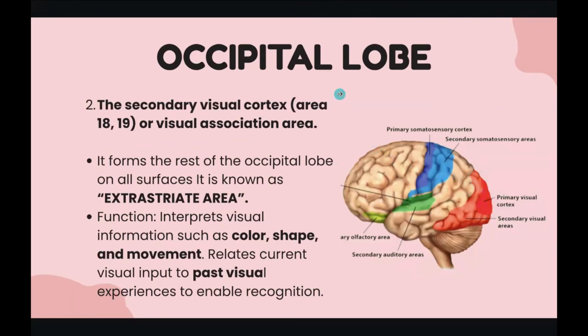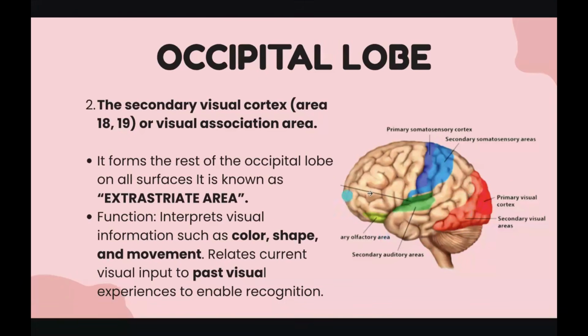The second Brodmann area in the occipital lobe is the secondary visual cortex, or area 18 or 19, also called visual association area. It forms the rest of the occipital lobe, as you guys can see here. This dark red is the primary visual cortex, and this light red or orange is the secondary visual cortex. It forms the rest of the occipital lobe, and it's also called extrastriate